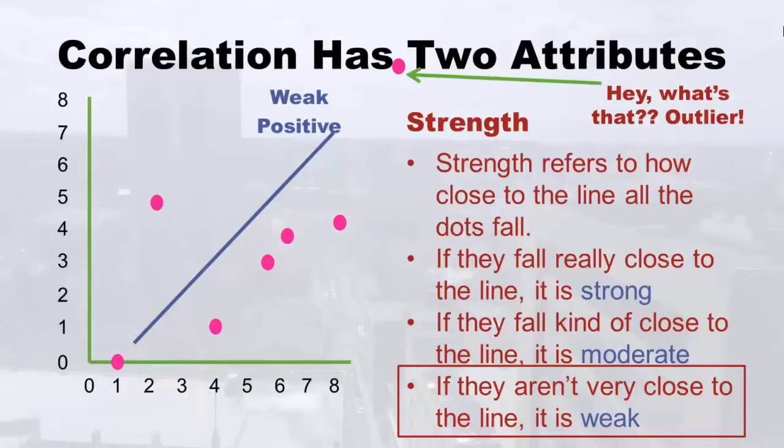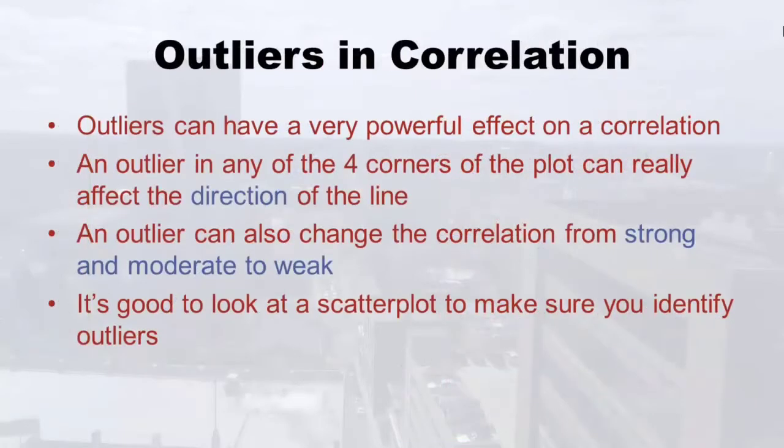But you'll notice there's one that's like right on the x-axis. And then, hey, look up there, like in the title, there's one way up there. And that's like an outlier. And sometimes when you get outliers, they can really whack things out. So even though this is a weak correlation, that line looks so powerful because it's basically connecting these two outliers. So you just got to be careful, and that's part of why you make a scattergram first: outliers can have a really powerful effect on a correlation,